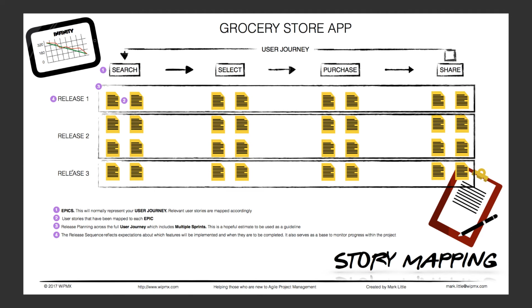Now, if you look at the screen here, you'll see that we have the release plan. Release 1, release 2, release 3. Again, this is all based on my experience. My releases go hand in hand with my sprints. So this would be sprint 1, basically, sprint 2, sprint 3, and it spans across the entire user journey. So it's not just the search items, it's all the way from search to share. And you can see what you're expecting to be released